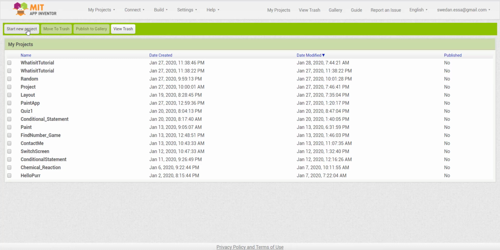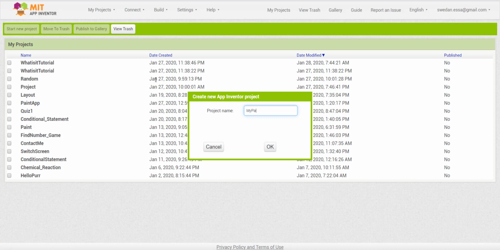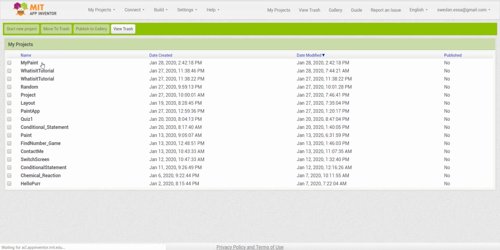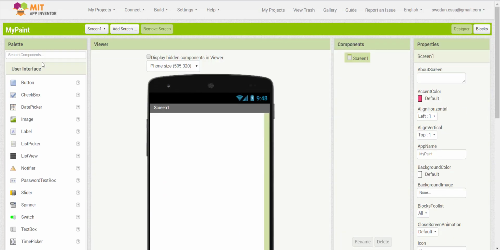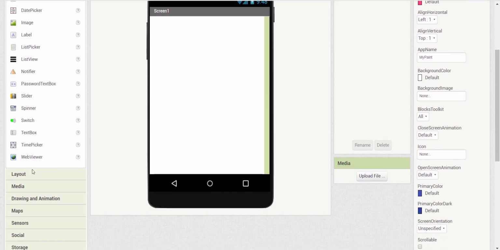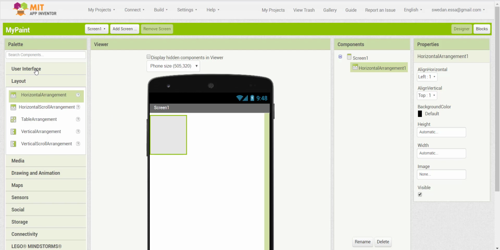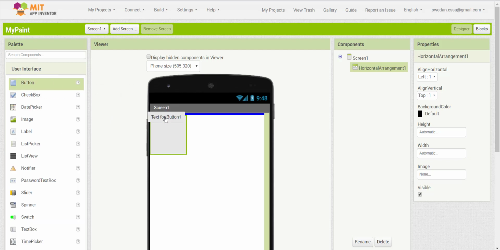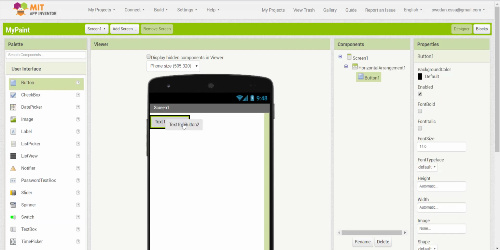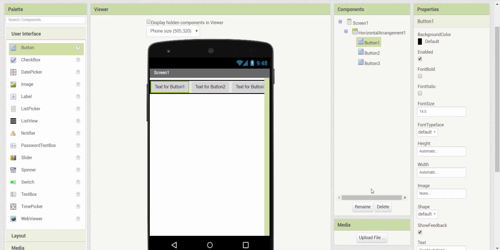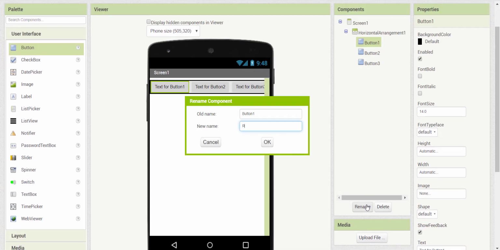I will start with a new project called My Paint. I will add 3 buttons at the top of the screen for 3 different colors. Now, I will change the first button name to R,